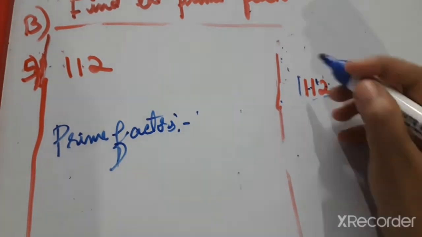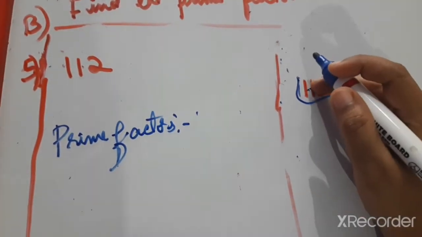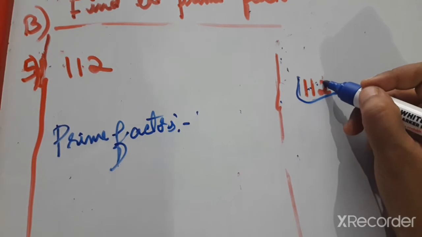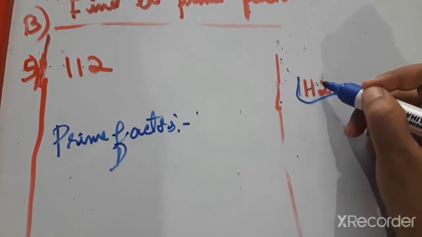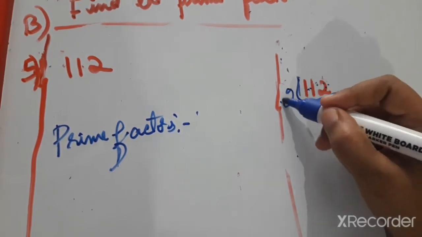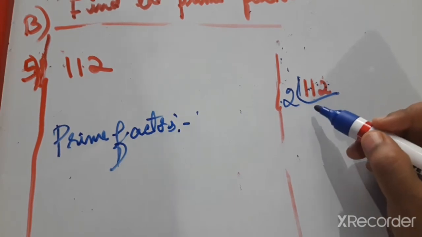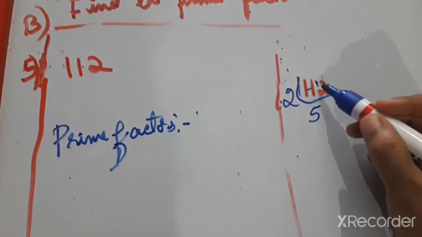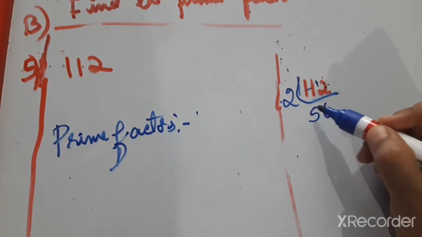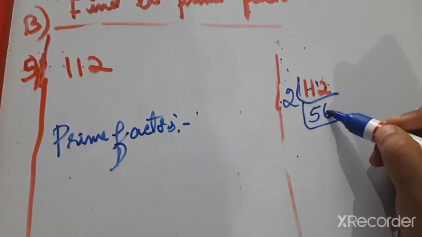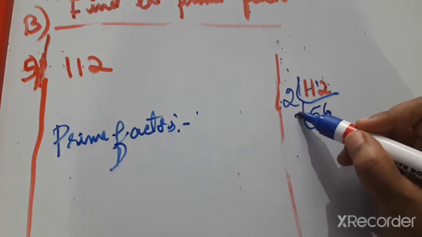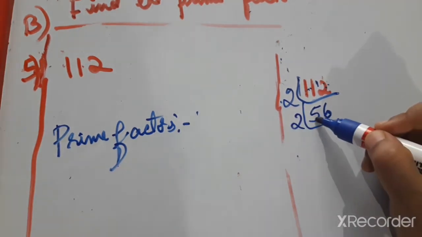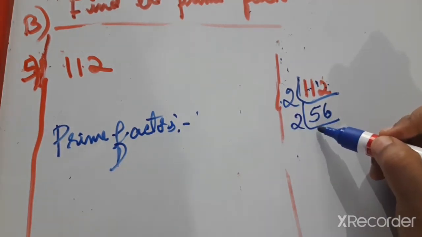Next is 112. 112 we have to check. So 112, last digit is an even number. So we have to check, even number means it will divide with 2. 11, 2 how much is nearer to 11? 2 5s are 10, that is the nearer one. So 1 remainder. 12 now. 2 6s are 12. Now the last digit again 6 is an even number, so it will divide with 2. So consider 5. 2 how much is nearer to 5? Nearer one means 2 2s are 4, that is the nearer one.